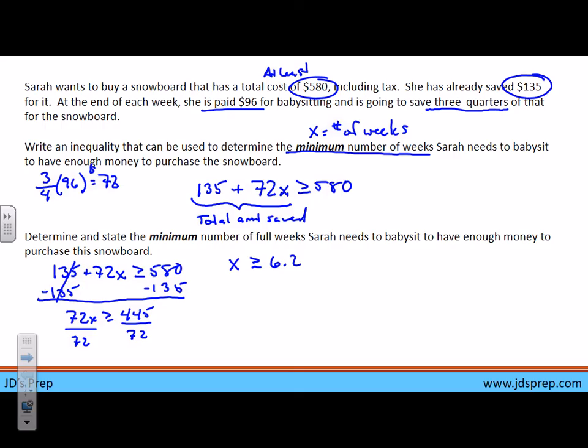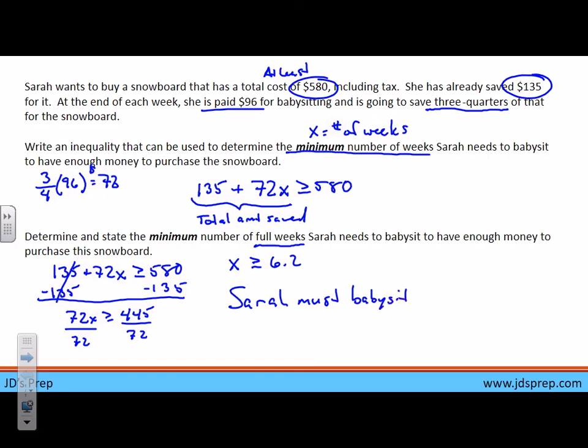So in other words, Sarah has to work at least 6.2 weeks in order to have enough money to purchase the snowboard. But she's only getting paid at the end of every week. In fact, this part of the problem emphasizes that by looking at the minimum number of full weeks that Sarah needs to babysit. If she only babysits for 6 weeks, she's not quite going to have enough money to afford the snowboard. So it's not going to be until the end of the 7th week when she will cross over that $580 to have enough money. So our answer here would be that Sarah must babysit